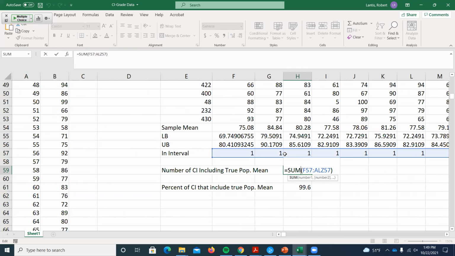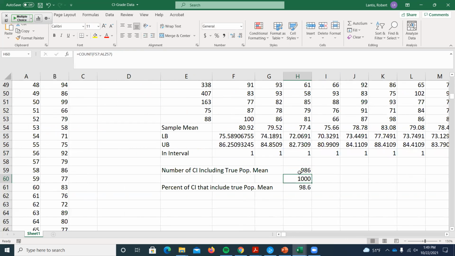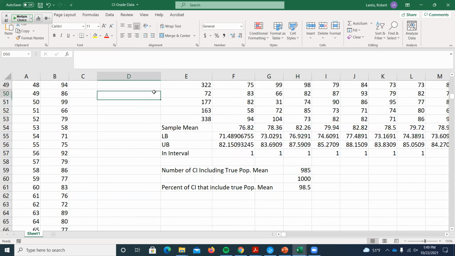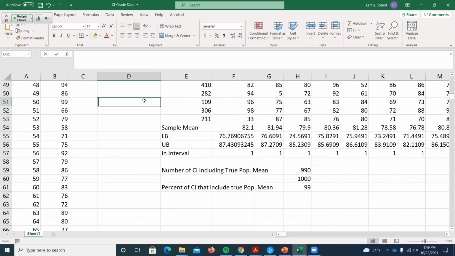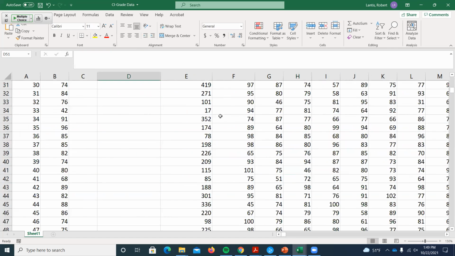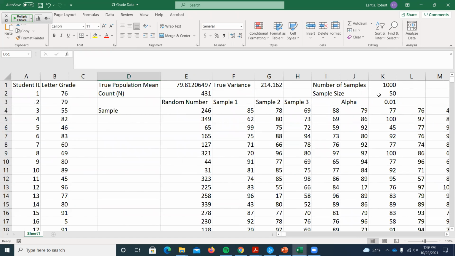I can cheat here, because I've got all these samples, plus the original population data. So I can see that 986 of them did, out of 1,000. The percent of these confidence intervals that included the population mean is floating right around 98.6%. Then 98.7, 98.5, 99, 99.2. It's not going to be exact, but it's a good way to show ourselves